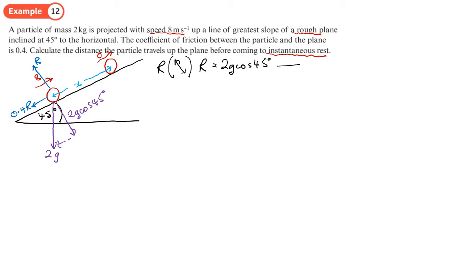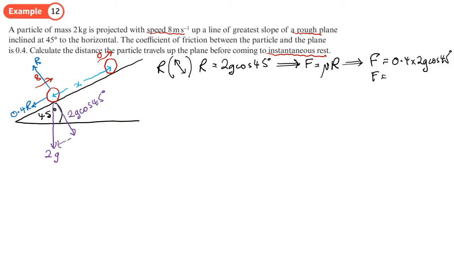Because F equals mu R, because we've reached limiting equilibrium since it's on the move, F equals 0.4 times R, which is 2g cos 45. So maybe we can tidy it up a bit: 0.4